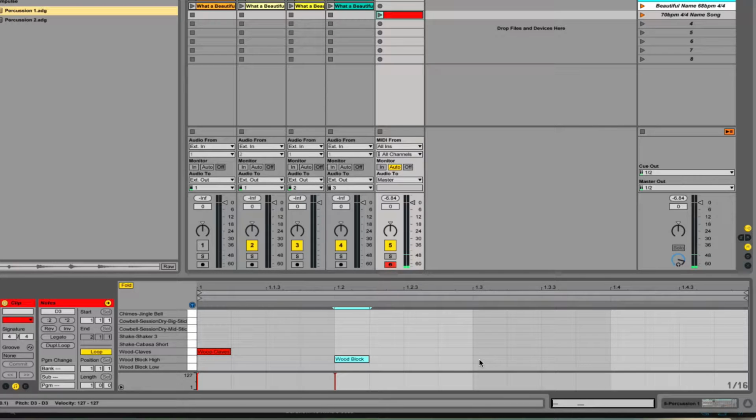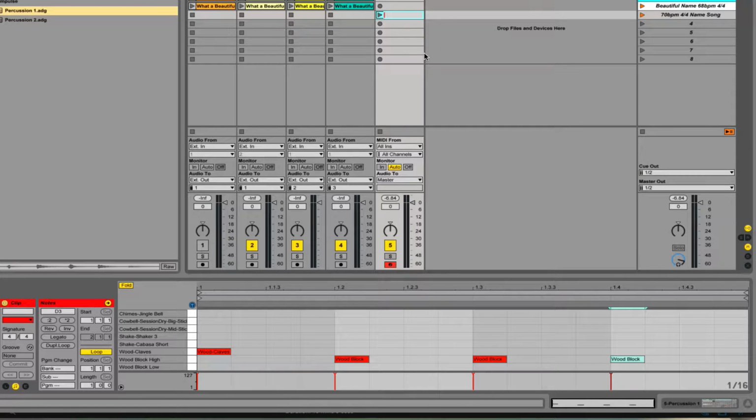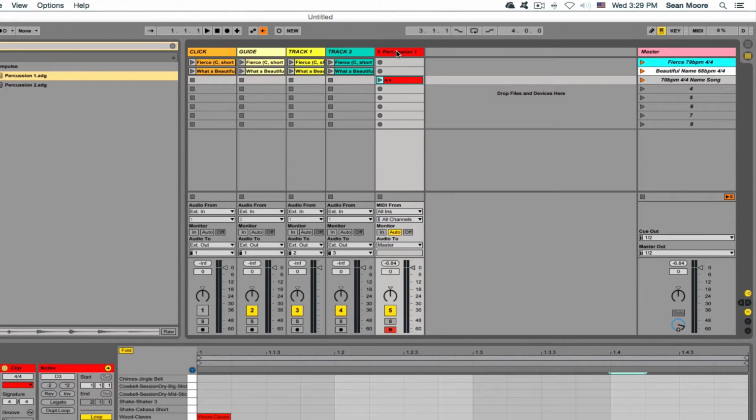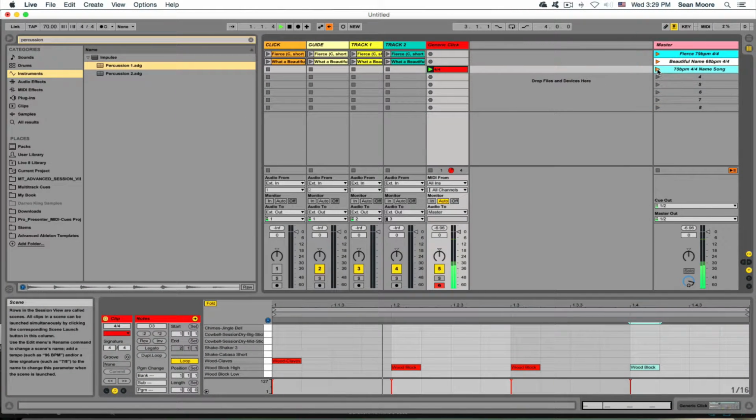We'll go with a wood block for beat 2, beat 3, beat 4. I'm going to rename this, knowing that this is just a 4/4. I'm going to rename this to generic click. Right, so it's looping back on itself